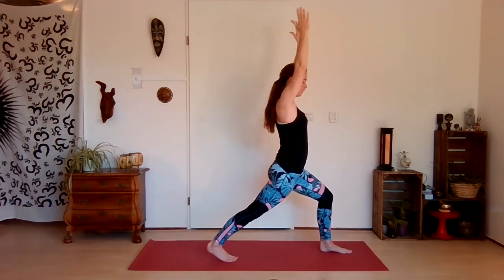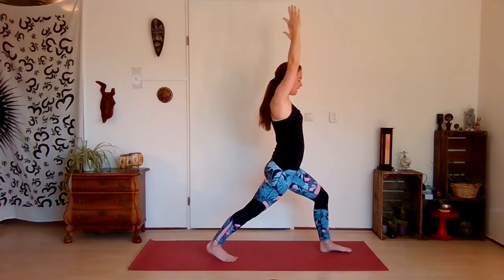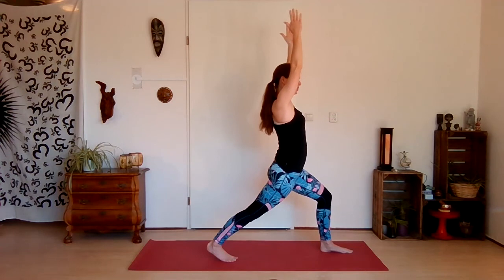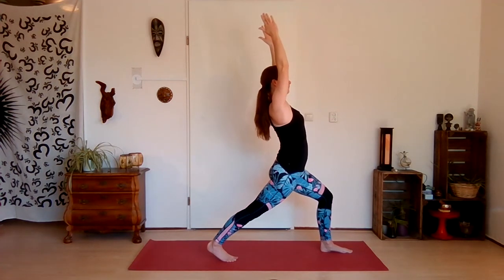Your right heel is off the ground, so you make a small high lunge. If you make it too wide, if you put your feet backwards even further, it's harder to come back a little bit. So just keep it simple. Try to relax the shoulders. If you want, you can make a slight back bend, if it feels good. Otherwise, you just stay up